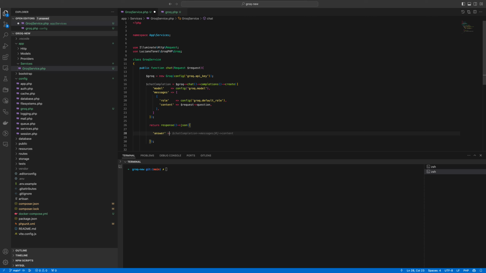So, we are going to paste what we picked from here. And since it's an array, it's not going to have the semicolon. All right, I think we are looking pretty good. So we have put together a Groq service where there's a public function called chat, and